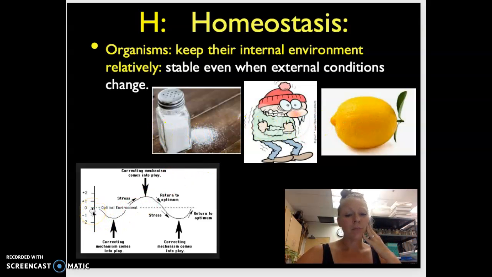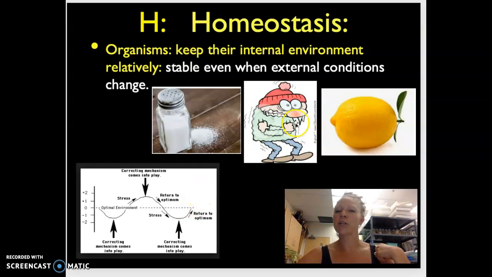Let's say that you eat a lemon and your pH goes down. Well, then your body's going to produce chemicals that make your pH go back up. But then it's going to start to get too high, and then it's going to make chemicals for the pH to go back down. And then salt. Let's say you have a very salty dinner, and so your salt increases. Your body's going to work to get rid of some of that salt. And once it gets down to too little, it's going to stop getting rid of the salt so you can start to build it up again.